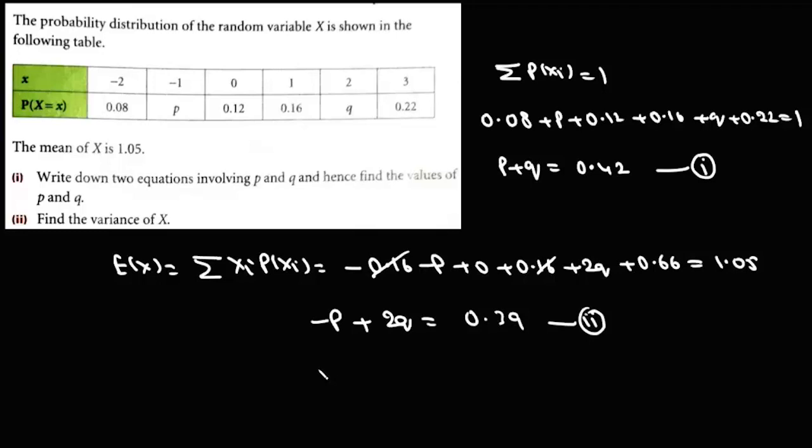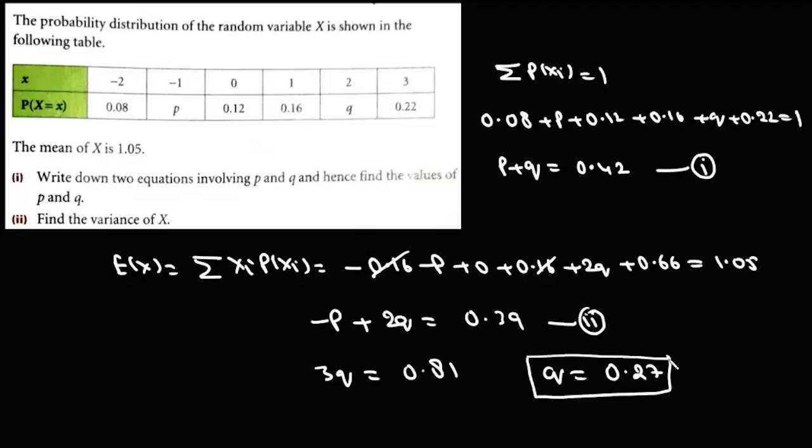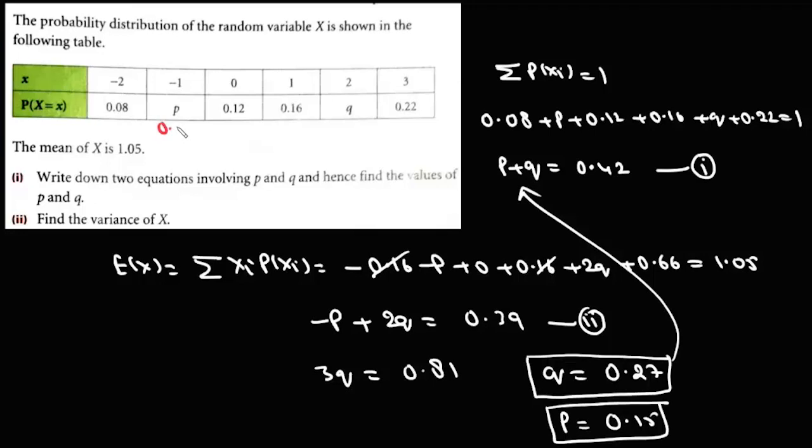अब इन दोनों को ऐड कर लेंगे तो ये हो जाएगा 3q, और ये बराबर है 0.81. तो यहां से जो q का वैल्यू हमें मिलेगा वो मिलेगा आपका 0.27 और Q का वैल्यू अगर यहाँ पुट कर देते हैं तो यहाँ से हमको मिलेगा P का वैल्यू 0.15। तो हमारे पास P और Q की वैल्यू आ गई। तो P है आपका 0.15 और Q है आपका